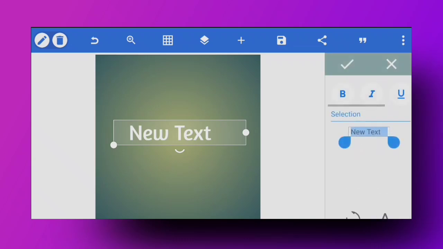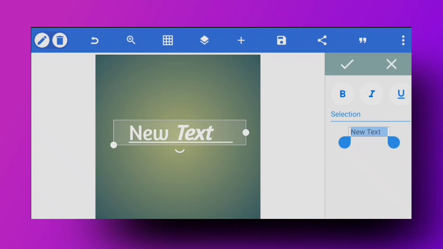Now the B style. The style is similar to what you see in Microsoft Word. If you click on B, it will make the text a little bit bold. If you want to add a little boldness, you can do that from this style function right here. You can also make the font italic, which is also a very good function. You can select what you want to be italic, and you can also add an underline to the text.